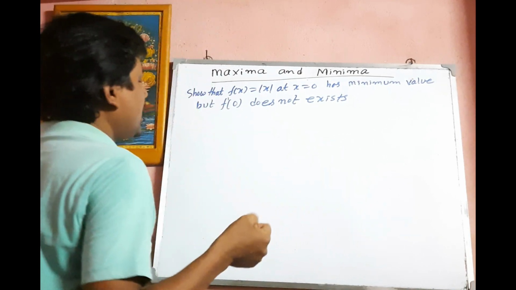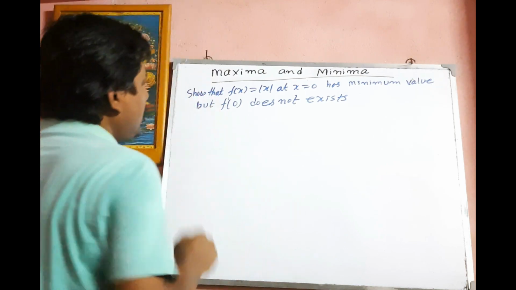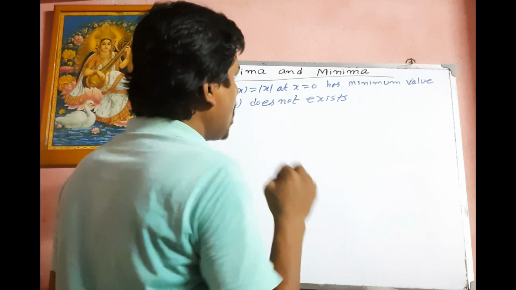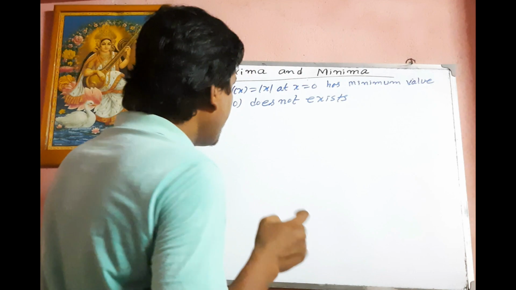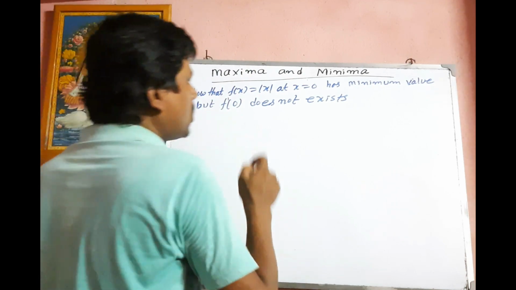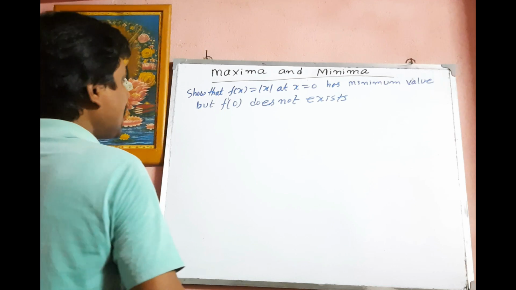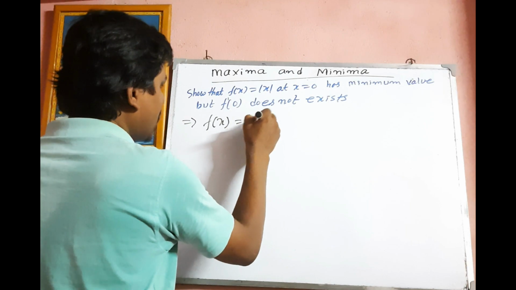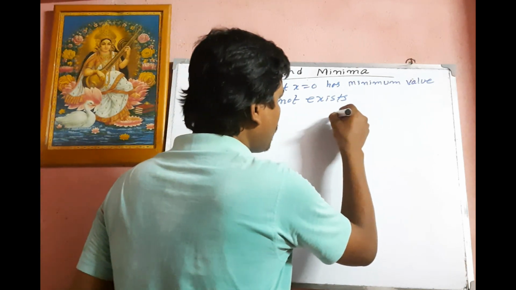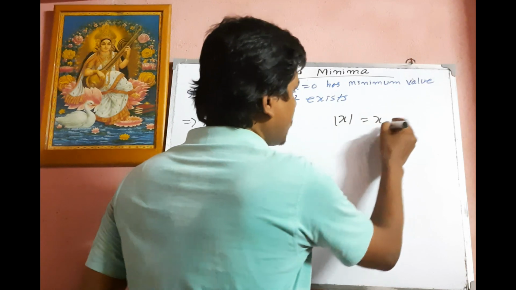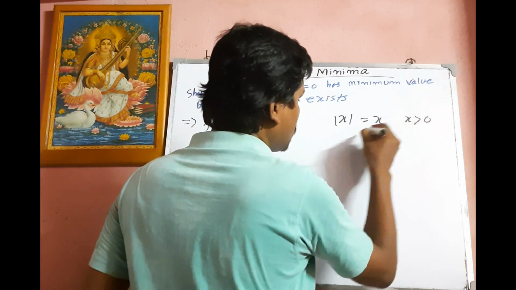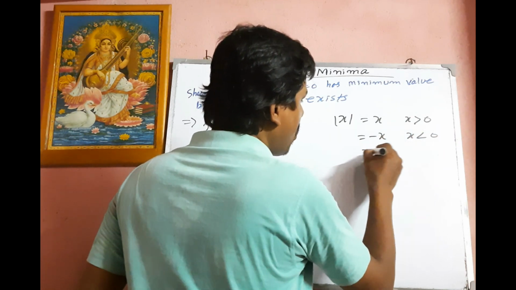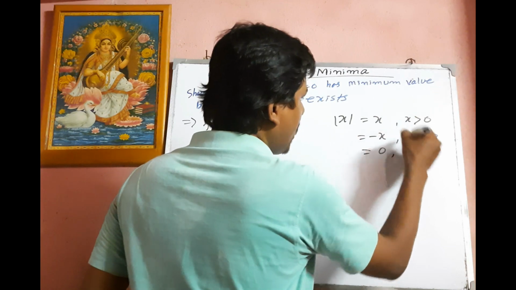The last example is to show that f of x is equal to mod of x at the point x is equal to 0 has a minimum value, but f dash 0 does not exist. By the given condition, y is equal to f of x is equal to mod of x, and we know that mod of x is equal to x when x is greater than 0, mod of x is equal to minus x when x is less than 0,